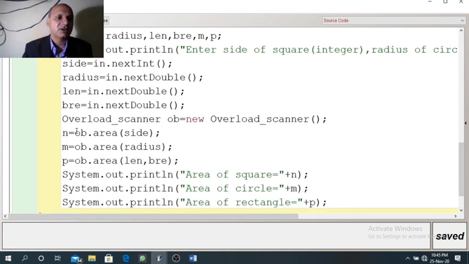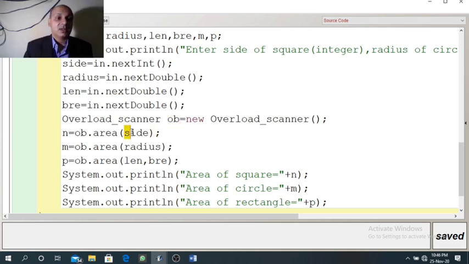Now after the creation of object, we will call the three methods one by one. You can see in all the methods, same function area is called. And for calling the function, we are using the object OB that is created in the above statement.